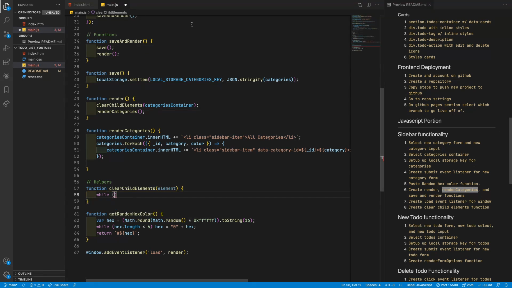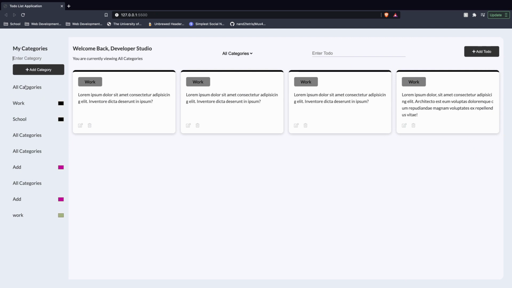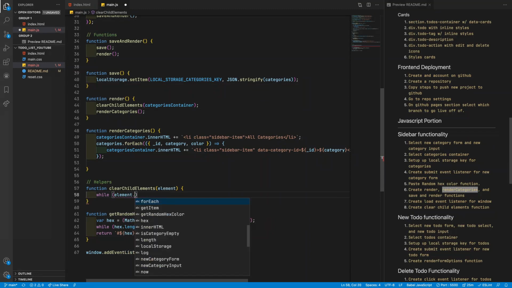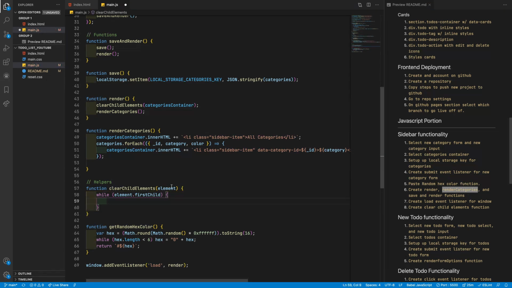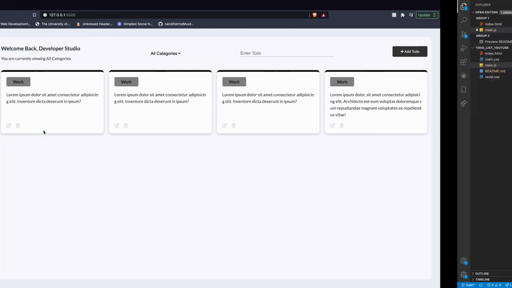While this container, see this categories container, is what holds all of these list items, while the element dot first child exists, so while this container has children inside of it,